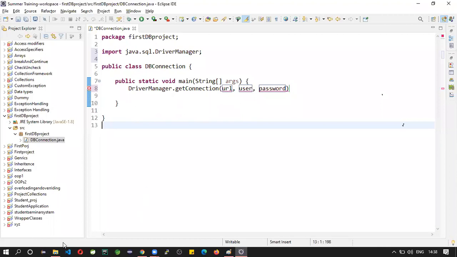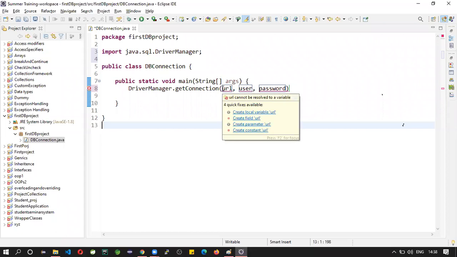In general we give a path, saying it is at so and so location, so copy the path and use the path, right? For what? For accessing. Here also, I installed the database somewhere else in my system. So in order to identify that, we need to give the URL.